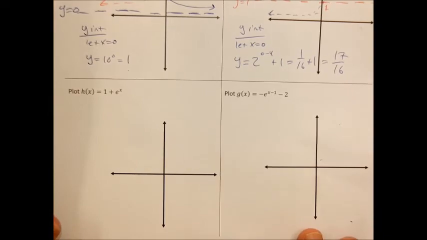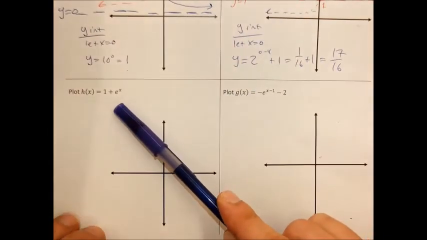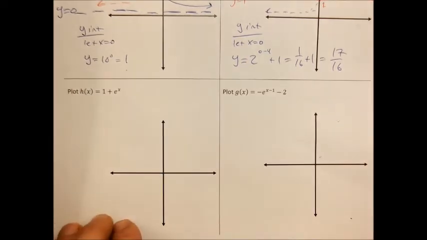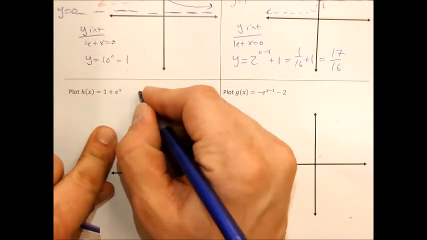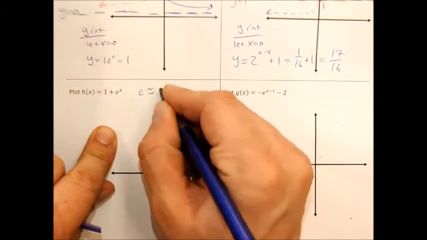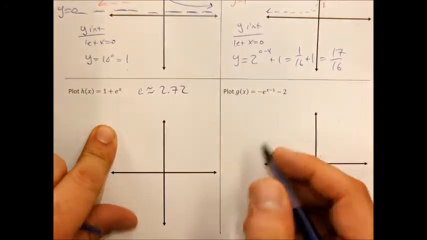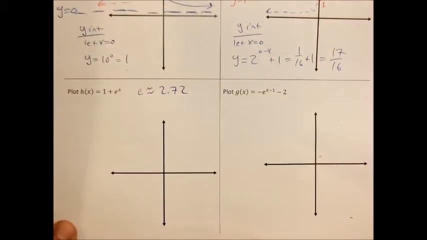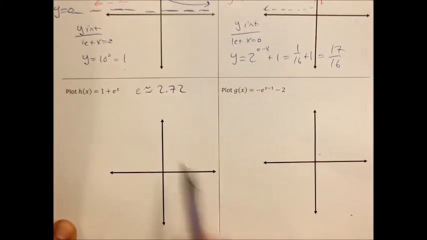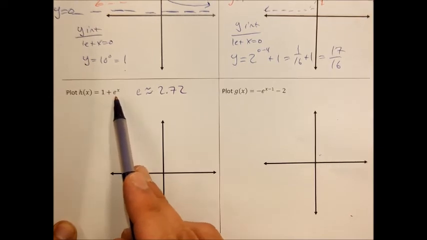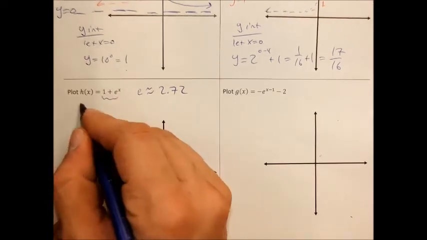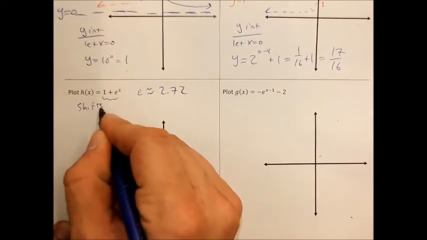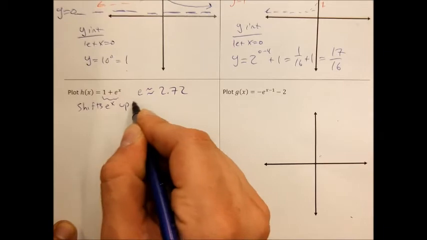Let's take a look at the next one here. This next one's a little bit straightforward. I wanted to just do a straightforward e to the x example. If you remember, e to the x is about 2.72, right? So you're thinking about e as about 2.72 raised to the x. And what we're doing here is we're taking that function e to the x and we're adding 1 to it, right? And so this is just shifting e to the x up 1